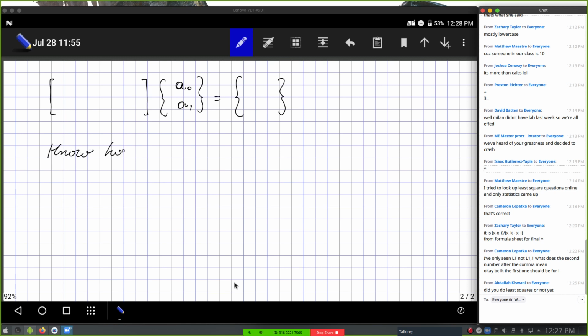Make sure you know how to find r square, which is, I forgot exactly, something like the sum of the error squared, and how to find the standard error,